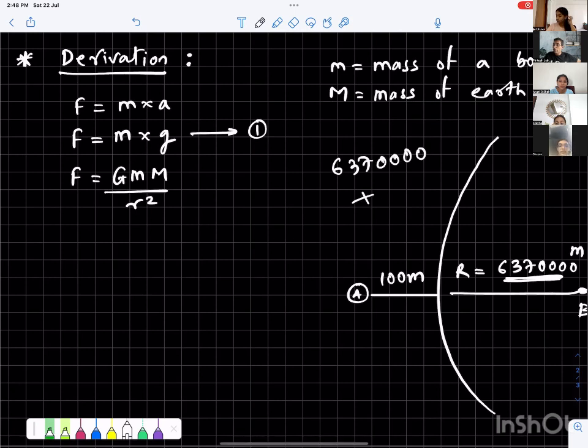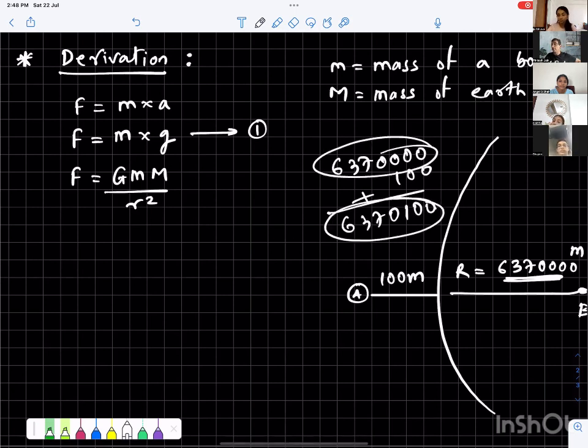6370000 plus what? 100. Look at the answer, guys. There is barely any difference, right? Compare these two values. Does it make any difference in the distance? No. So what we do, for practical purposes, is take the whole distance as capital R only,